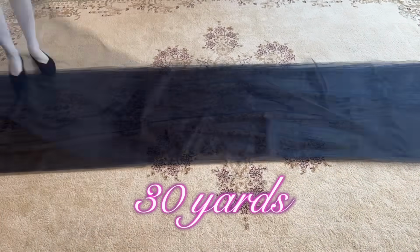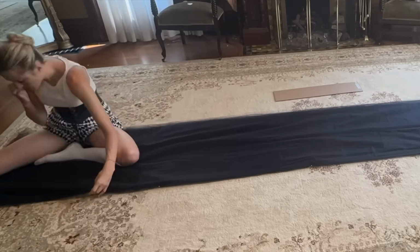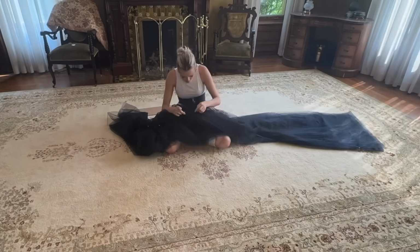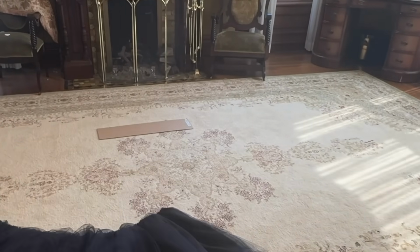And how monstrous are we talking? Well, I used 30 yards of tulle and folded it to the length of 10 dining room tables stacked on top of each other. Then I cut a length of string long enough to go around my chest twice and gather stitched all those dining room tables together. My longing for a hardy piece of elastic to adhere this to led me to the store,